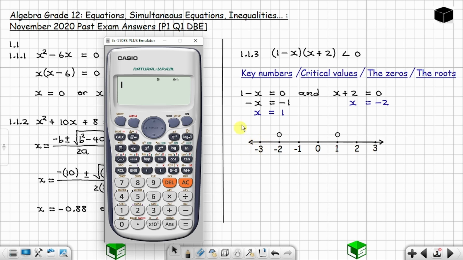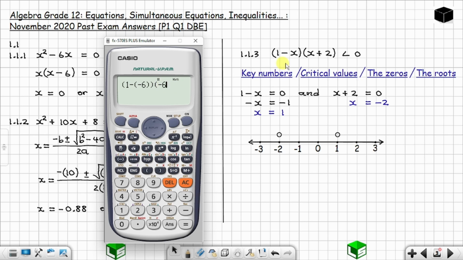Let's use -6. Let's plug it in there. So you have the bracket, and then you have 1, minus negative 6. I'm using negative 6. So I'm going to plug negative 6 wherever there is x. So it's minus x. So what is x? Negative 6. There is x. Replace it with negative 6. And then you can see I have negative 6, and there is also another negative. Don't forget that. And then you open another bracket. You have x plus 2. You put negative 6 there. So you are plugging negative 6 wherever there is x.